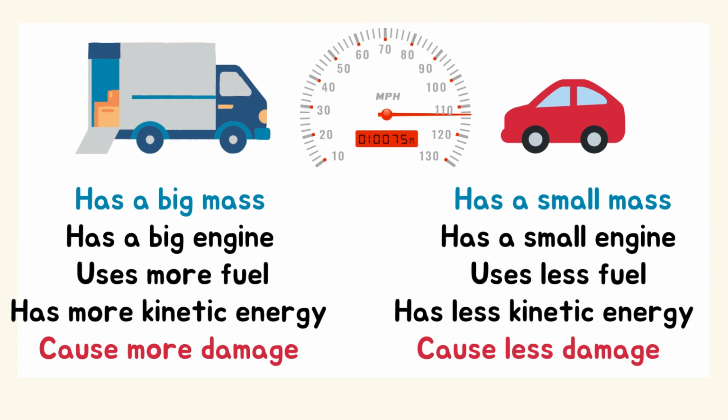As the truck has a big mass, it needs more energy and a big engine to make it move. So it has big mass, a big engine, uses more fuel,